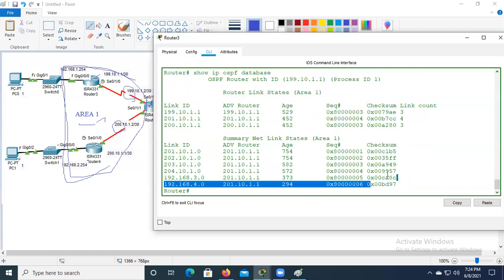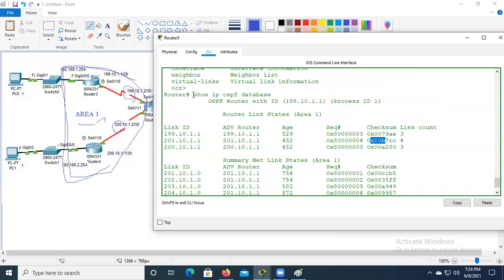These numbers will be continuously increasing based on their advertisement by default. Let's not concentrate on them. So, show IP OSPF database. When I give the command show IP OSPF database, this is like the complete feature of Google Maps. Now from Hyderabad, I want to go to Bangalore. So every path, if you go by train, this much time it will take. If you go by flight, this much time it will take. If you go by car, this much time it will take.